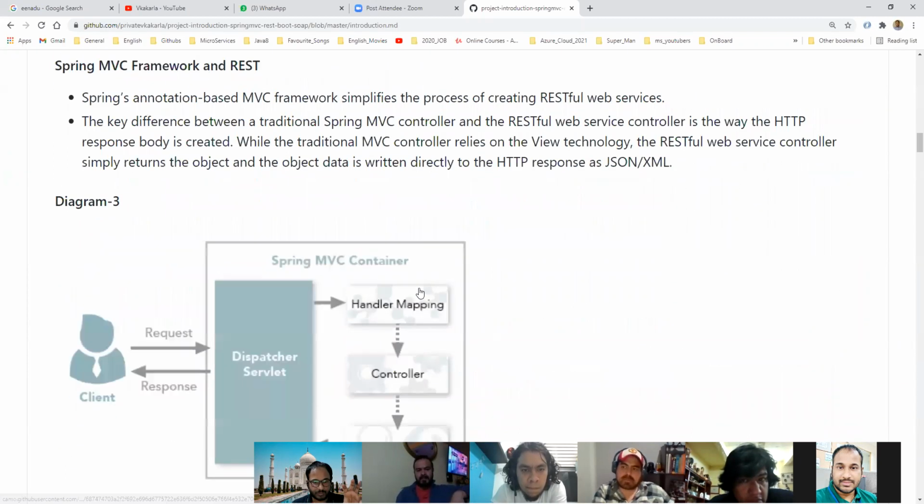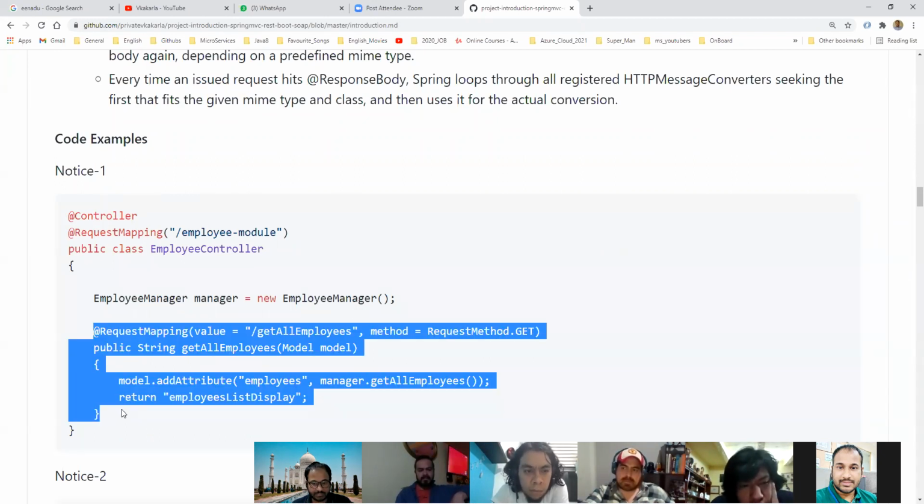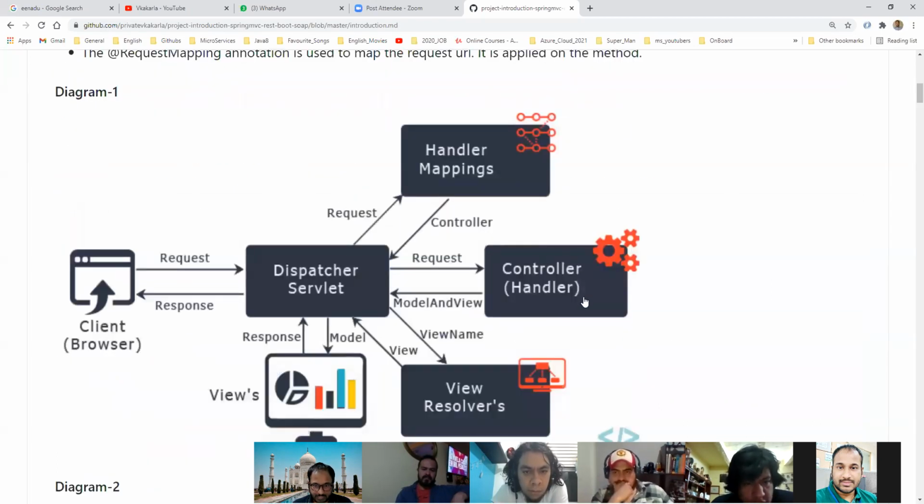Before writing the class, before starting the class, we should know what happens behind the scenes, how the request is coming here. That is nothing but the Spring MVC flow. So the request will come like this. This controller is the one written by the developer. It may be an employee controller, an ABCD controller, a transport controller, or a payment controller. Whatever web application you are developing, you can name your controller based on that, right? Got it? So that is the Spring MVC flow.